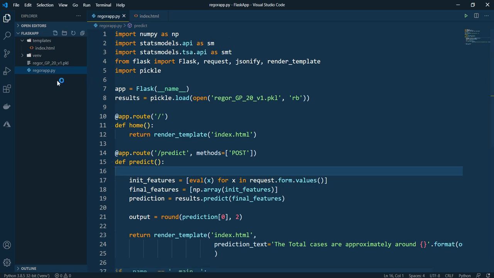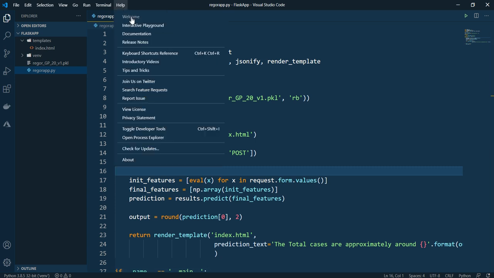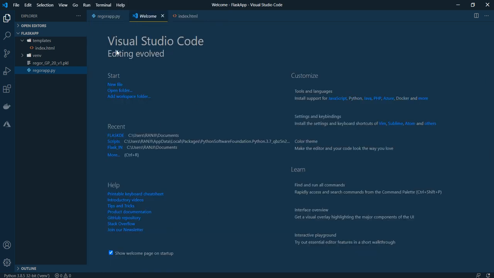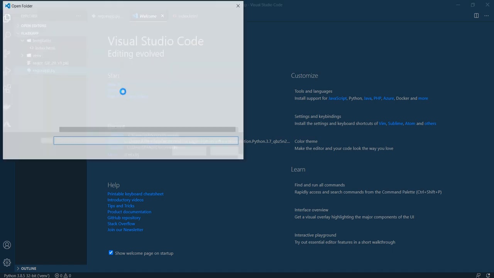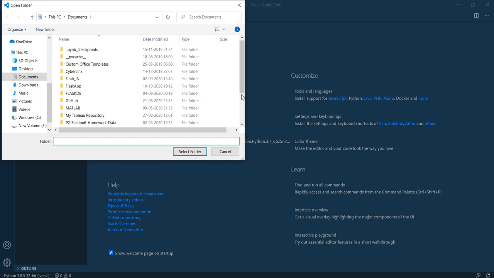What you need to do is choose any directory, from where you started this. Before that, if you are new to Visual Studio, you'll install it and you will get a pop-up, a welcome page like this. After you see this, click on Open Folder right here. It will open a directory path.